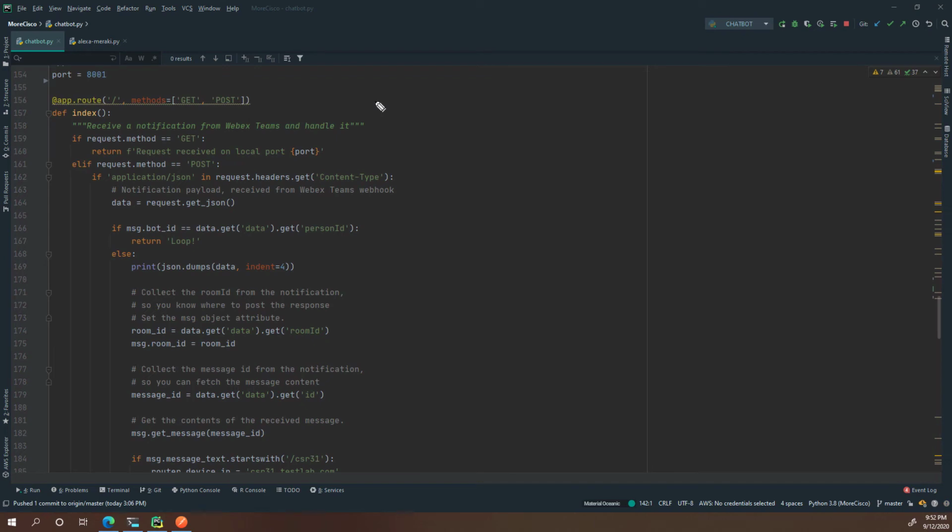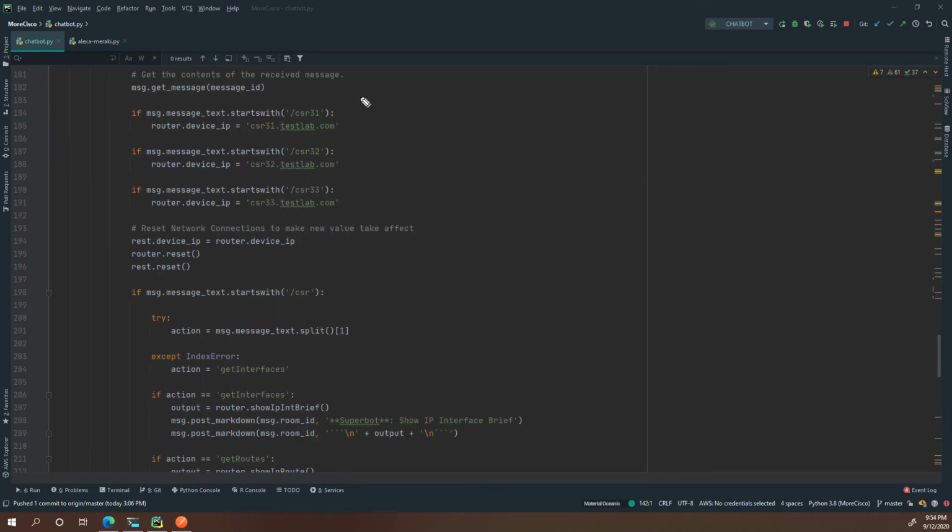So essentially what we're doing here is anything that is hitting our ngrok URL and ending the URL with a / is going to match this here. And then the response is going to be processed to get the data out of the request. And then we're going to look at the contents of the received message we got. So once we assess the message, we're going to check the contents to see what the command is. The command is going to start with a / in this environment. And then it's going to be either